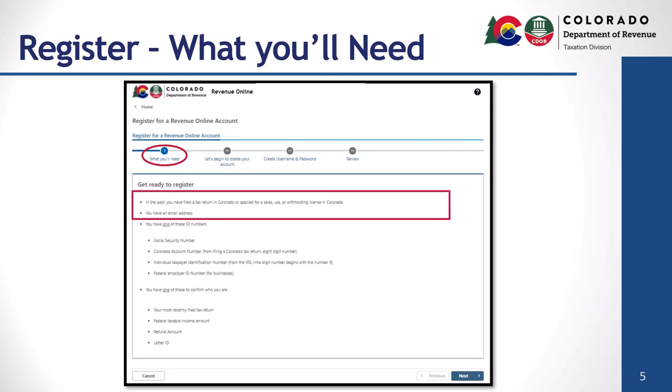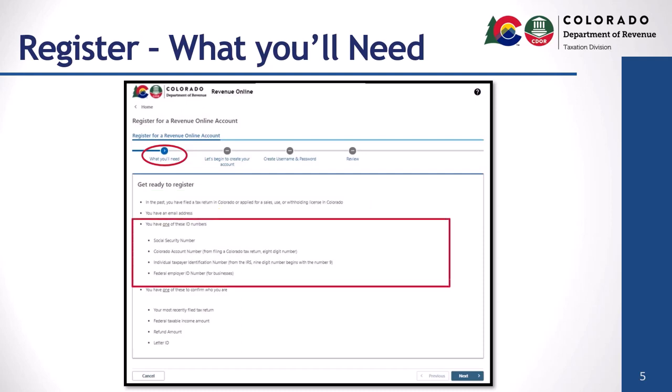In order to be eligible, you must have filed a tax return in Colorado or applied for a sales, use, or withholding license in Colorado, and you must have an email address. You must also have one of the following numbers: your Social Security number, your 8-digit Colorado account number or CAN from filing a Colorado tax return, your individual taxpayer identification number or ITIN from the IRS. This is a 9-digit number and begins with the number 9, or your Federal Employer Identification Number or FEIN for